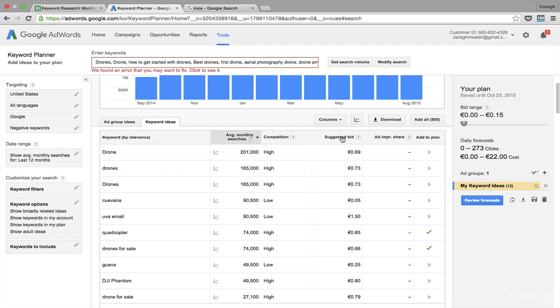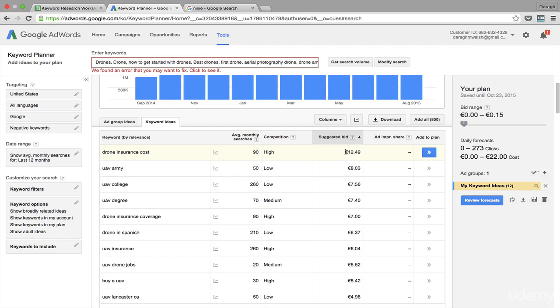And so what you can do next is, after you've looked at the keywords themselves and the average monthly searches, you can start to look at the suggested bid. So you can see here that although there's a very low number of searches, only 90 searches per month on average in the US, the amount of people bidding for this keyword is quite high, and they're bidding up to $12 per click for that one keyword,